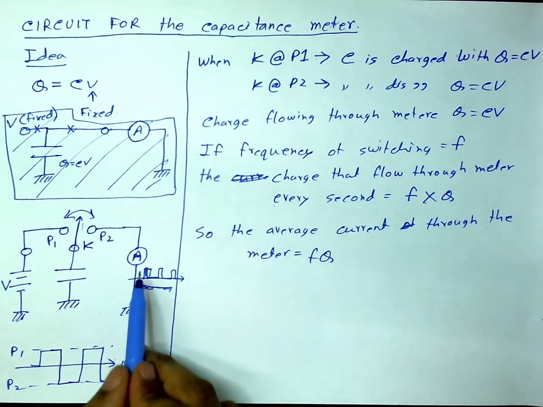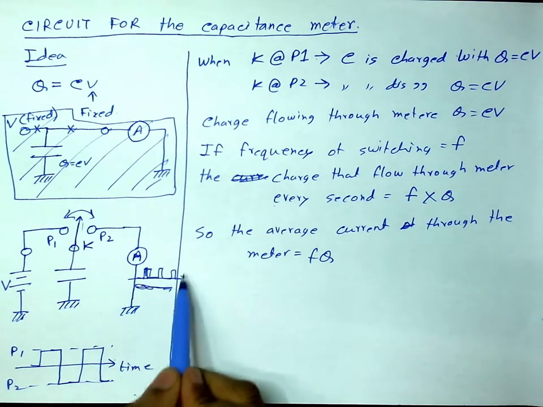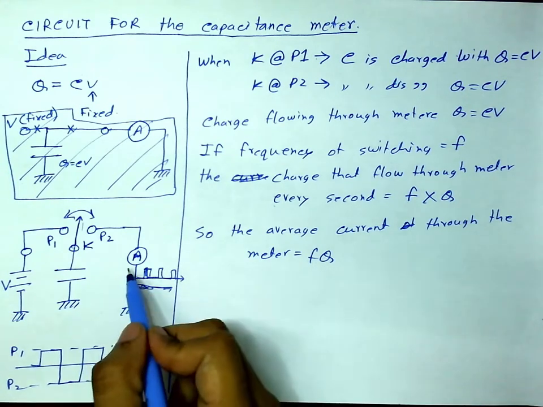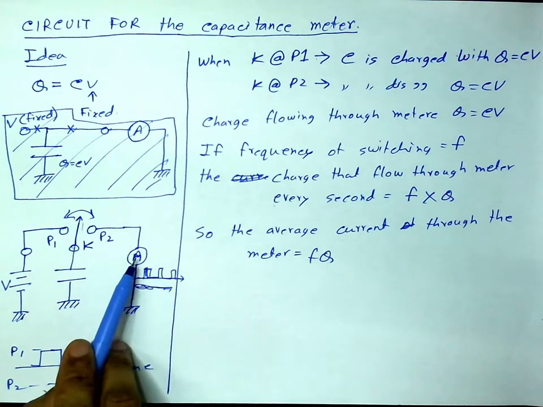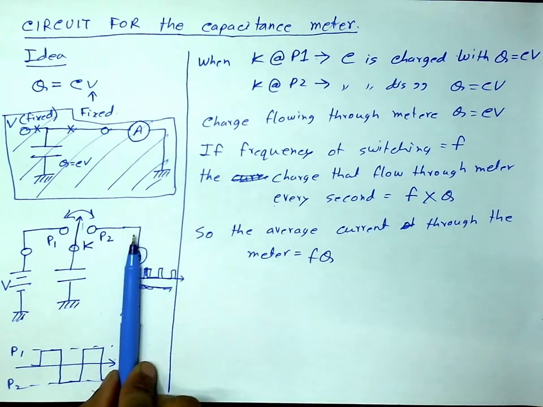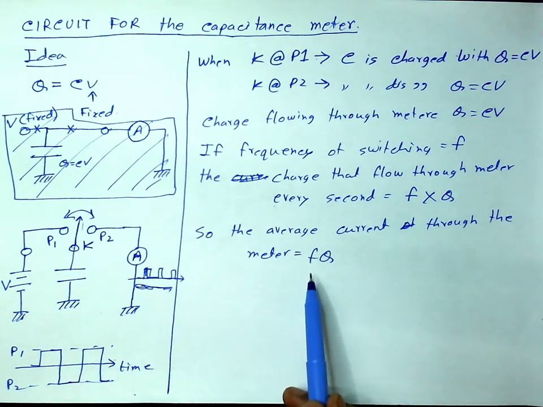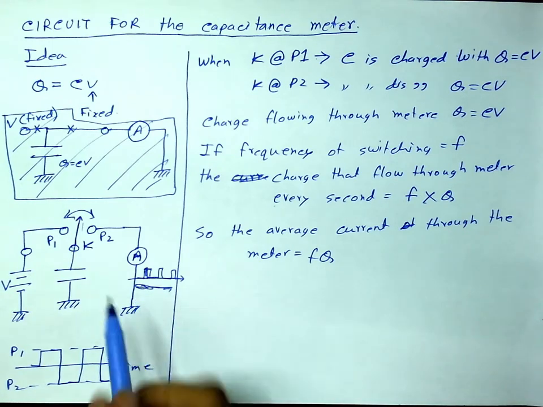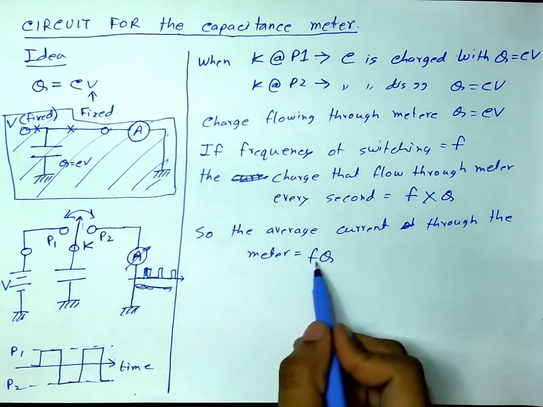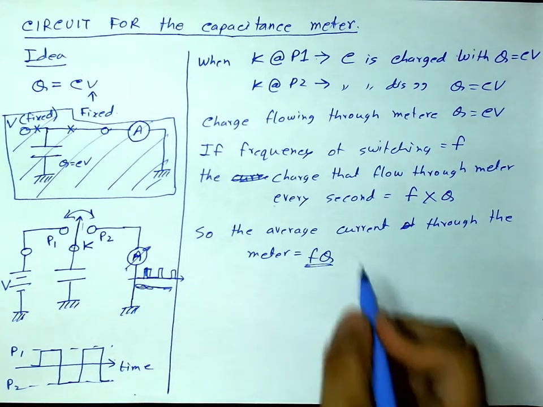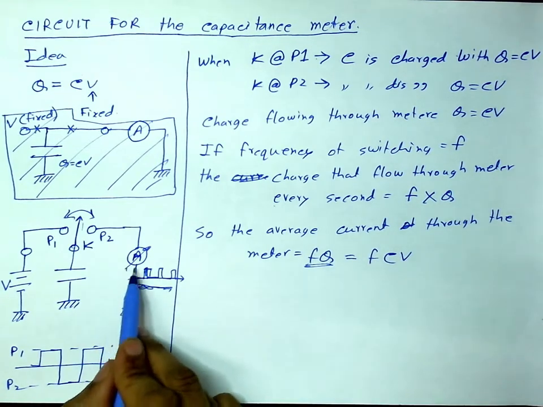Now if this ammeter is sensitive to the average value, and if this frequency is very high, then the meter reading will be FQ. Of course, if this frequency is very small, then the pointer will oscillate, so it will go to some value and then again come down to 0. But if it is happening so fast, then the pointer cannot move so fast, and it will stay at an average value, which is equal to F and Q. And now F times Q will be FCV, because Q is equal to CV. So the reading of the meter